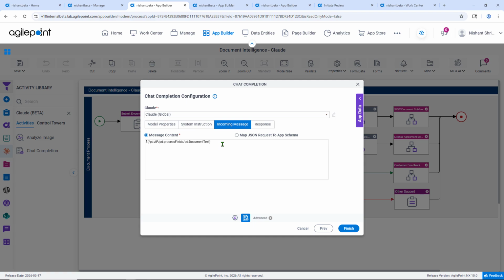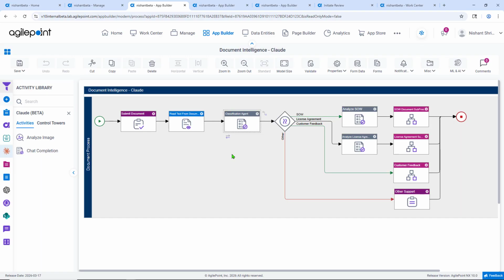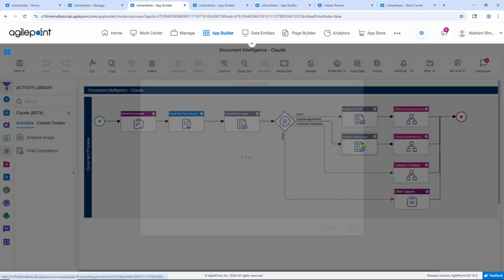The incoming content is going to be the entire agreement text itself. And the response, as you're seeing here, I've stored in a variable, will be the category of that document. Okay, so that's our classification agent. Here we have agents for statements of work and licensing agreements. The configuration is very similar, so I won't walk through both of them, but let's take a look at our